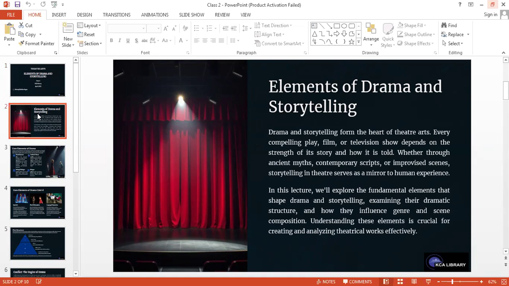Every compelling play, film, or television show depends on the strength of its story and how it is told. Whether it is an ancient myth, a contemporary script, or an improvised scene, storytelling in theater serves as a mirror to human experience. In this lecture today, we'll explore the fundamental elements that shape drama and storytelling. We'll examine the dramatic structure and how it influences genres and scene composition. Understanding these elements is very important because it helps in creating and analyzing theatrical works